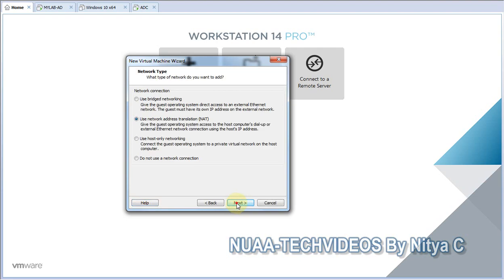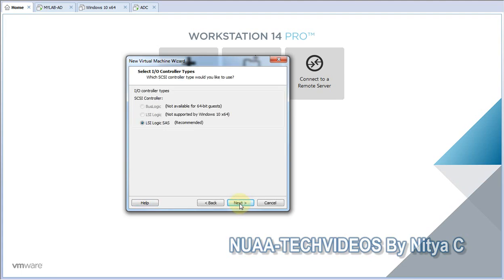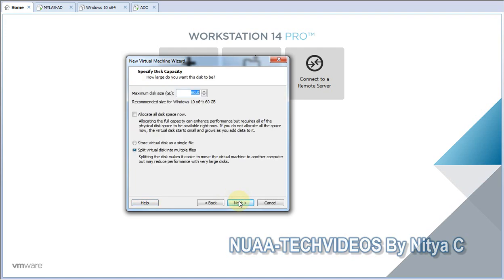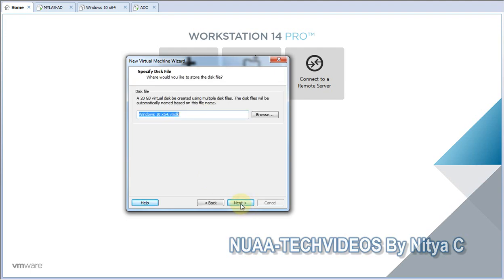Okay, that's fine. Network setting, this is very important. It should be in the defined network. So this is fine. Okay, create new virtual disk. 20 GB is fine for me, since this is testing.